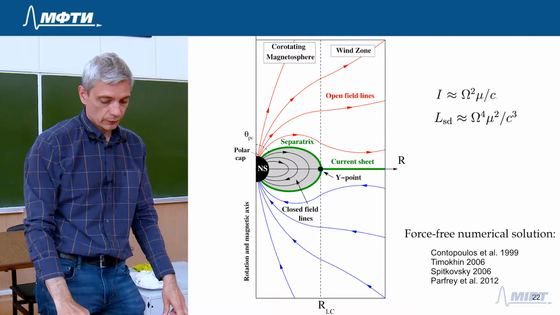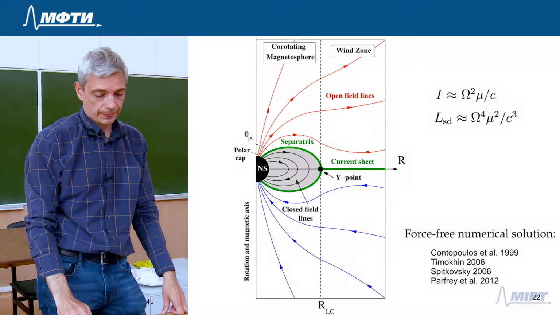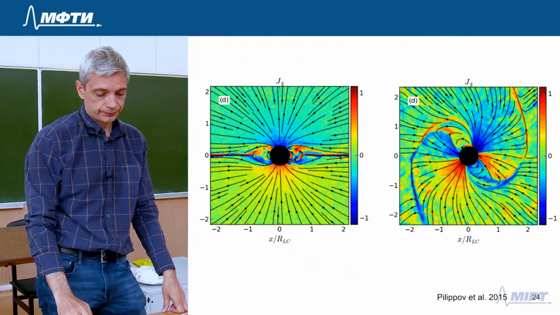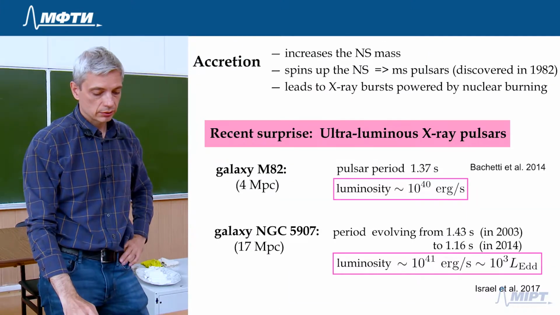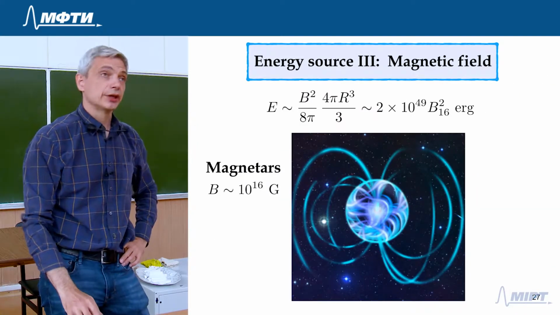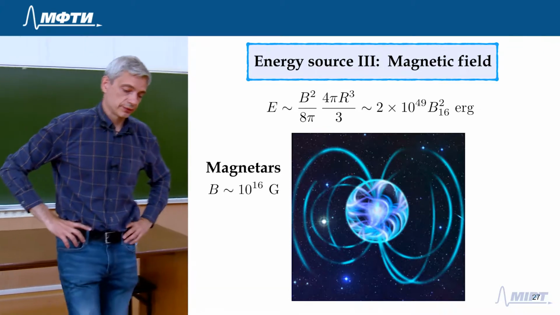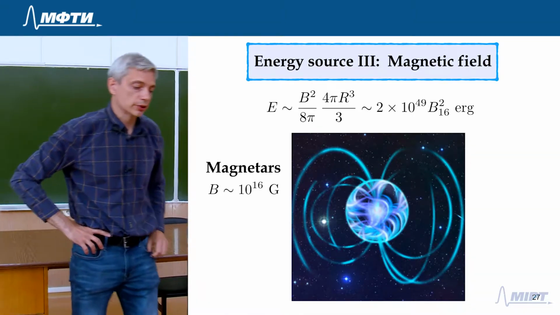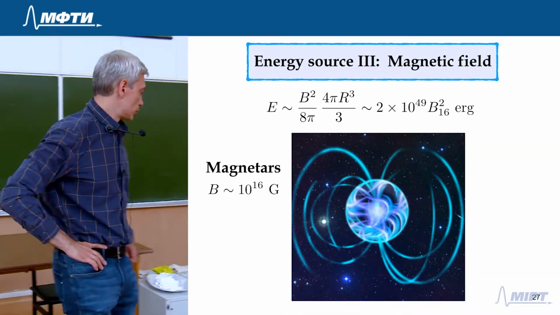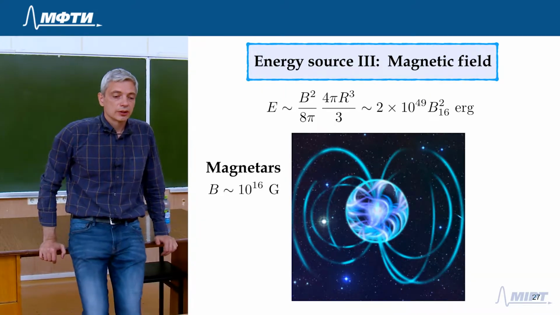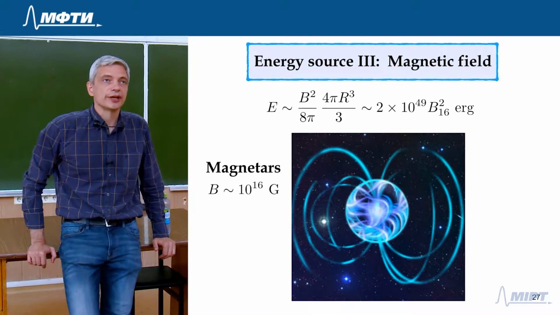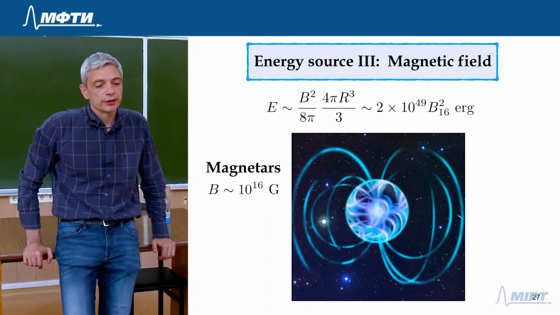Okay. Now let me move on. So I talked about accretion a little bit. The next energy source is the magnetic field, which I will discuss separately. So this slide simply mentions the characteristic magnetic energy that you can have stored in the star if it has